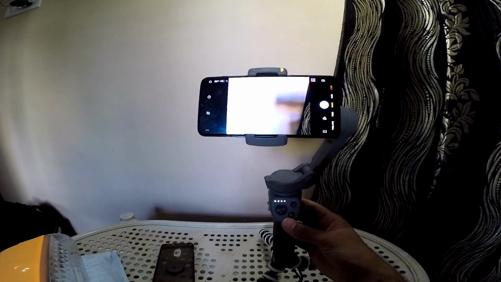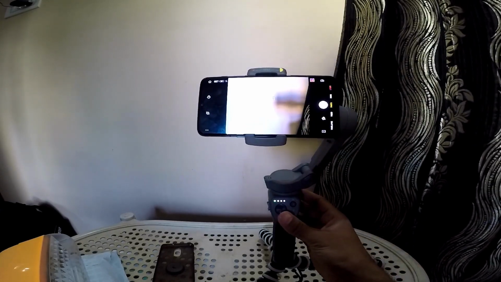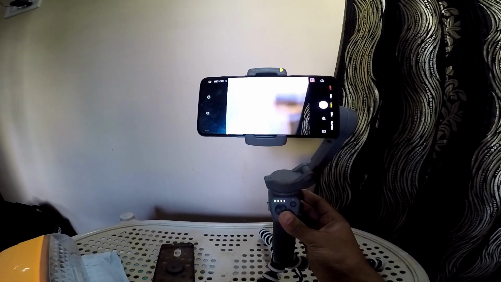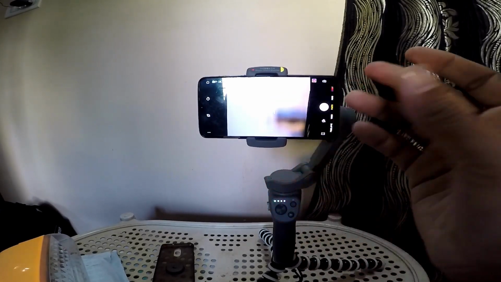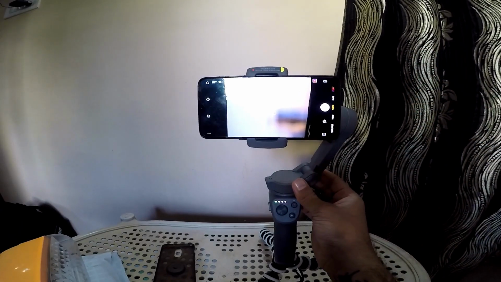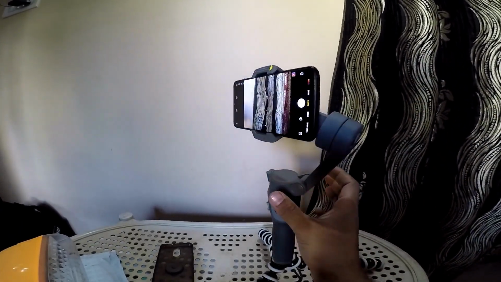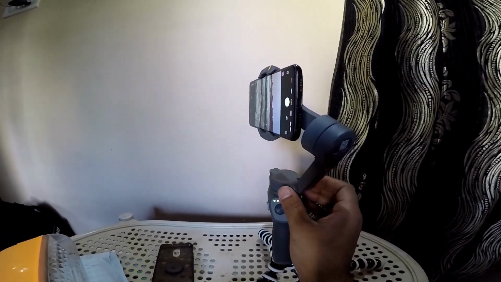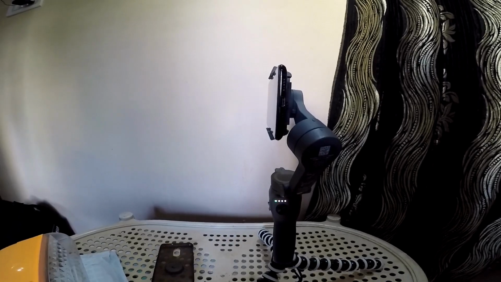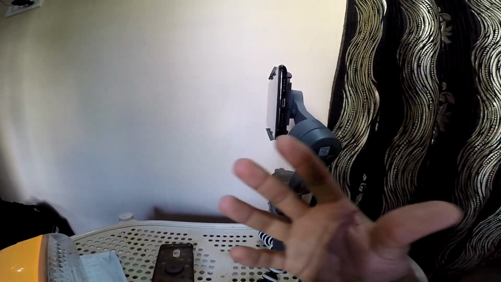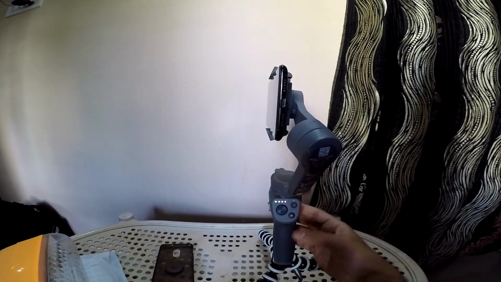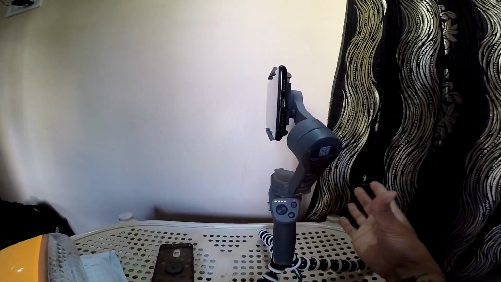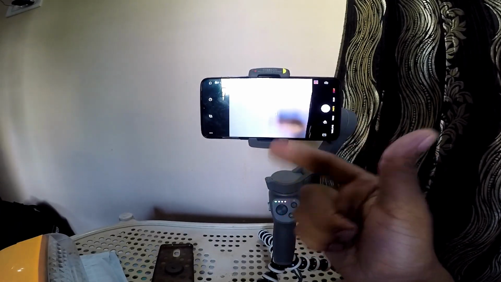Then the same trigger button, if you press twice, then you will come to the proper position, that by default position. I mean, suppose if it is like this, after you record something, to bring it back to the default position, you will have to press that trigger button twice. 1, 2, horizontal.